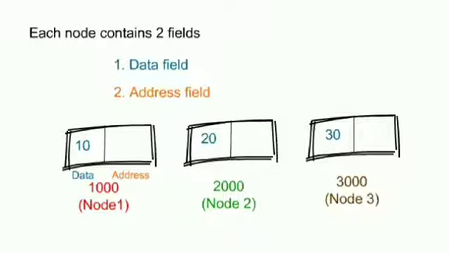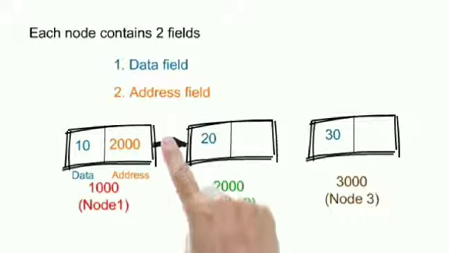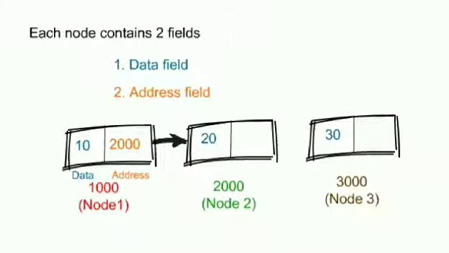A data field may contain an integer value, a floating point value, a character or a string, etc. The node 1's address field contains the same address of the second node. So whenever we store an address, a link will be formed. In the same way for the second node. The last node of the address field contains null value which indicates the end of the list. From the definition, here the node 1 is a structure which points itself.